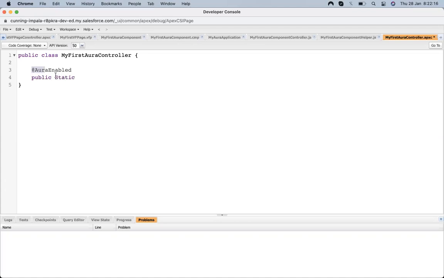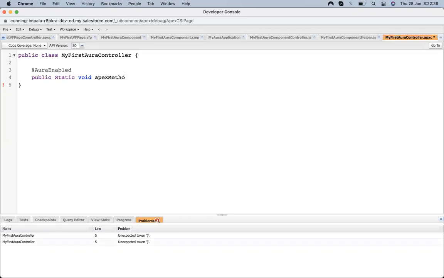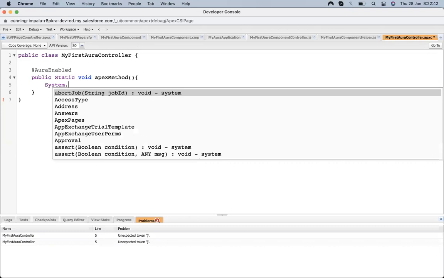These three things are important for accessing a method present in an Apex controller from the Aura component. Then we have a return type, which is optional, and then the Apex method. Let's put a system.debug.